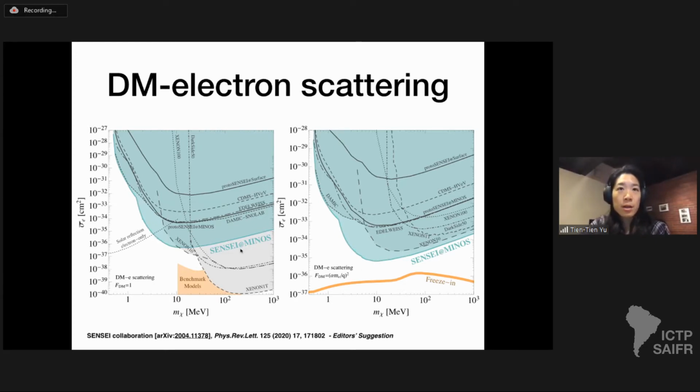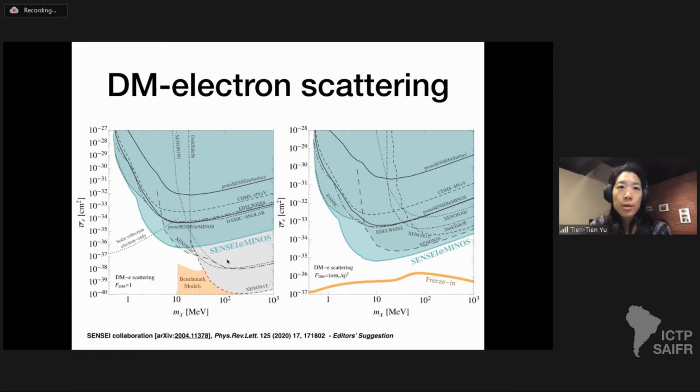But here's the current state of dark matter electron scattering. The cyan region here are the latest Sensei limits. Again, I'm showing dark matter electron scattering for a heavy mediator on the left-hand side versus a light mediator on the right-hand side. And you can see here's that xenon 1 ton curve I showed earlier. The xenon 10 curve is in the long dashed lines. And there's several other experiments here: Dominic Snowlab, which is another silicon CCD experiment, Edelweiss, which is a germanium experiment, CDMS, which is a silicon experiment that doesn't use CCDs, and DarkSide 50.